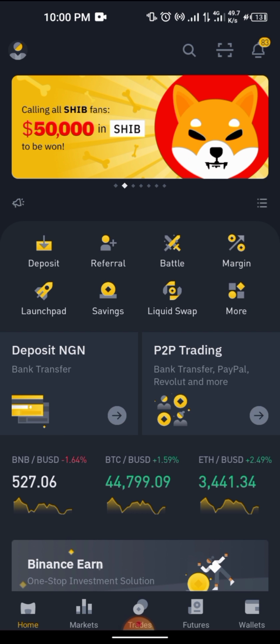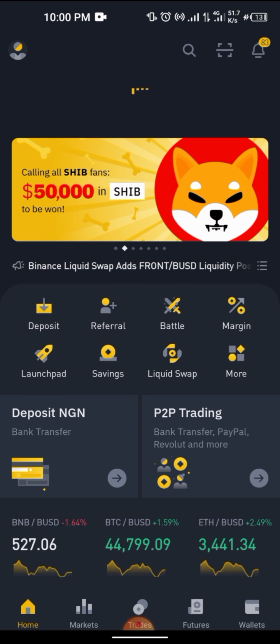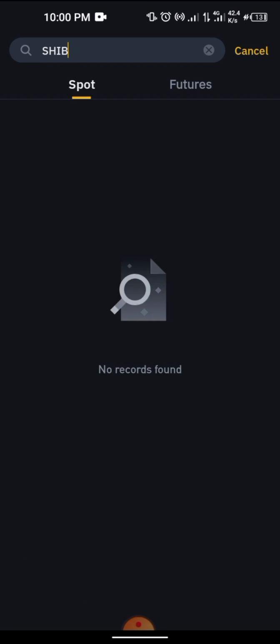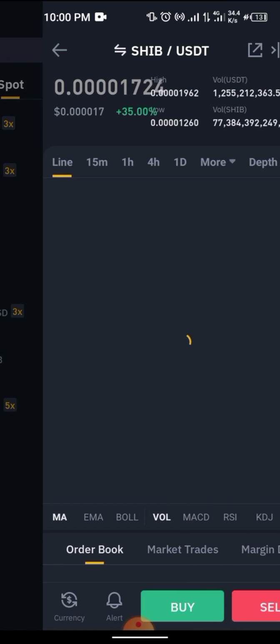So now what I have to do, for this conversion to be done, that has been made simpler, you just have to click on Market and you have to pay attention here. So now when you click on Market, the next thing you type is SHIB, and then you will see at the top here SHIB/USDT 3x, and then you see BUSD SHIB/BUSD 3x, and there are more down. And all right, so when you click on the first one,